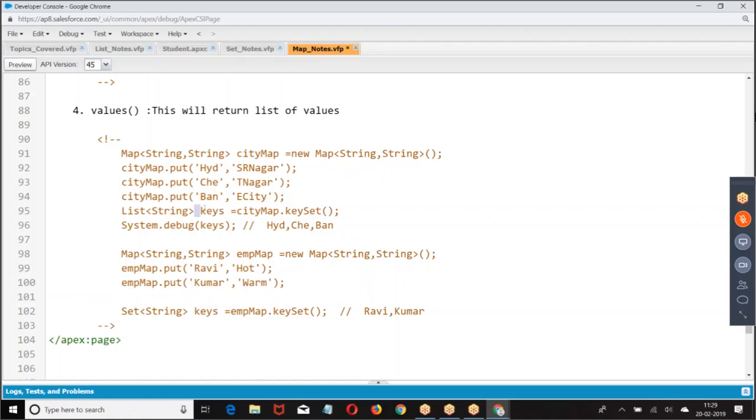List of string value is equal to cdmap dot values. When you say values, what are we going to get? What are the values we have? List of values.